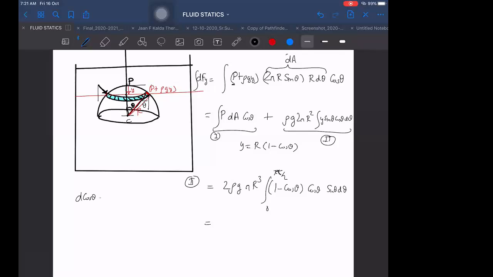So I will be writing it as d cos theta with a minus sign, into 1 minus cos theta. That minus I will multiply with 1 minus cos theta, so it will become cos theta minus 1. Then it will become cos square theta minus cos theta, limits 0 to pi by 2,